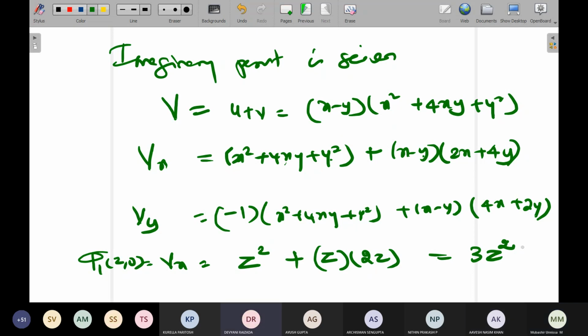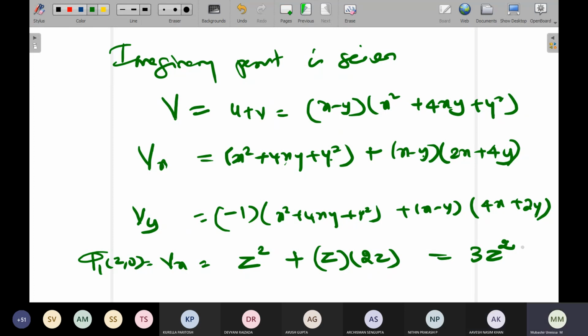Ma'am, that v function actually simplifies to x minus y whole cubed, so you can do the differentiation much easier then. You can even do it like that, dear. What makes the difference? However you do, you're going to get the same thing, right? Ma'am, f of z is equal to z cube. Perfect.